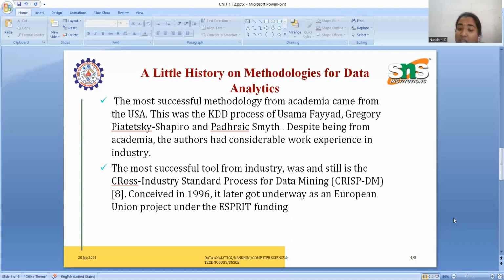Then modeling: various modeling techniques are used to prepare the data, then it is evaluated. How is it evaluated? It is evaluated using its performance and refined as needed in this process. Next one is deployment. After you understand the product, prepare the product, model the product, and evaluate the product, you deploy the product, and you are going to monitor it. Deploying is nothing but implementing that model and seeing whether it works properly or not. Next one is monitoring. After deploying it, how it works, what errors we get, how we can remove those errors, these are all we are going to see.